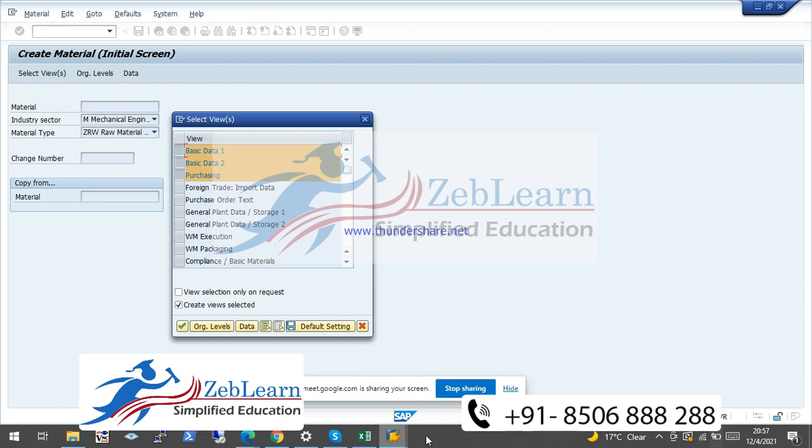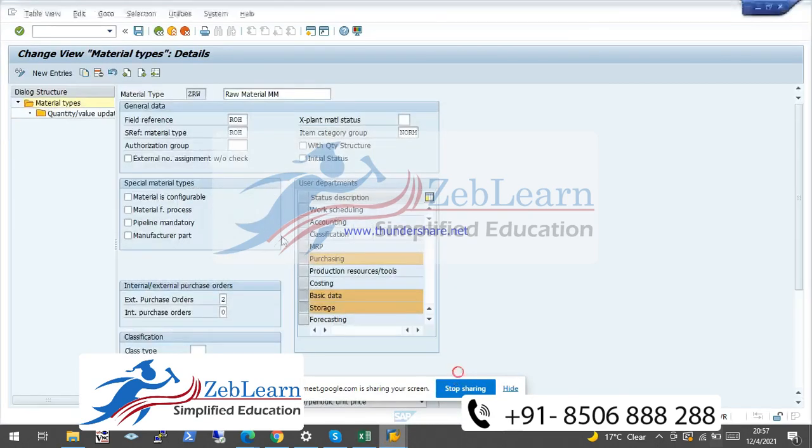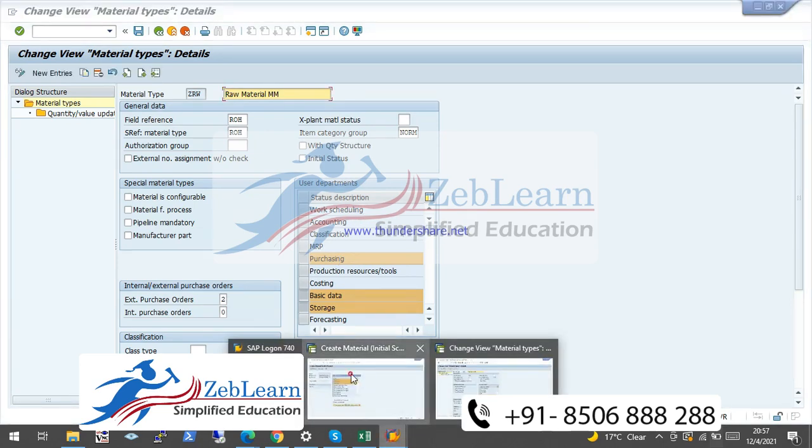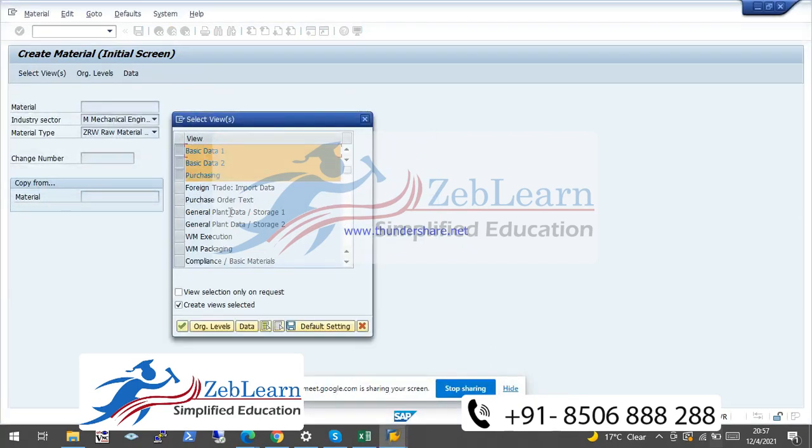So we can control that view in this material type user department screen. Okay, so we don't need all the user department views, or we don't need all types of material views to create any material. We just go with what is mandatory, or what we require to create that material for that purpose.